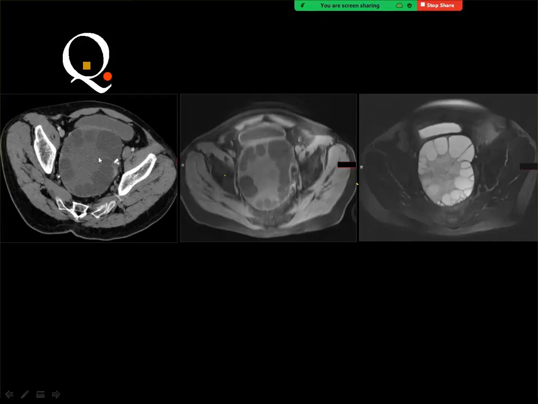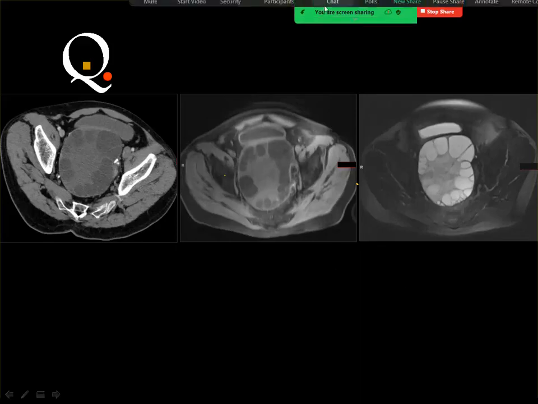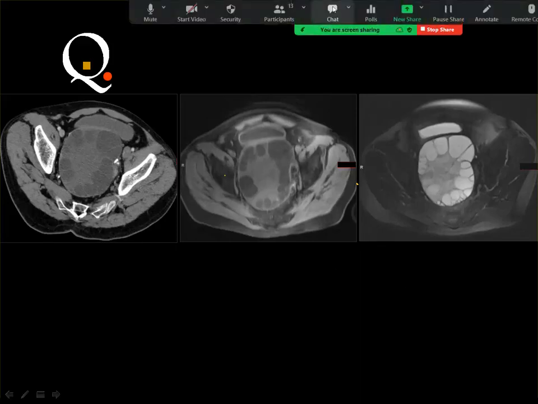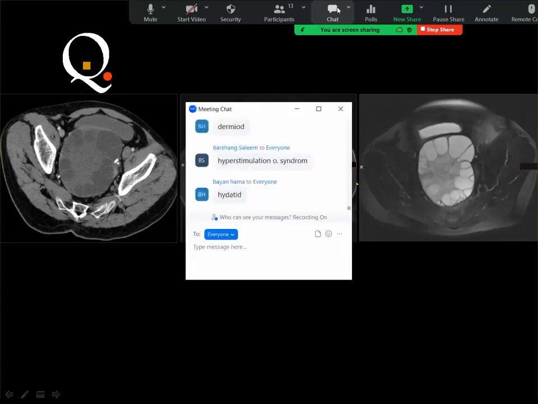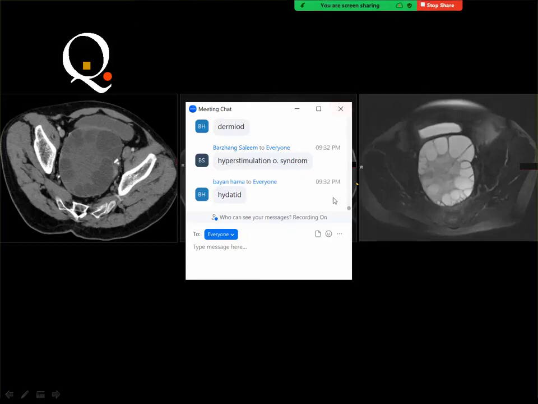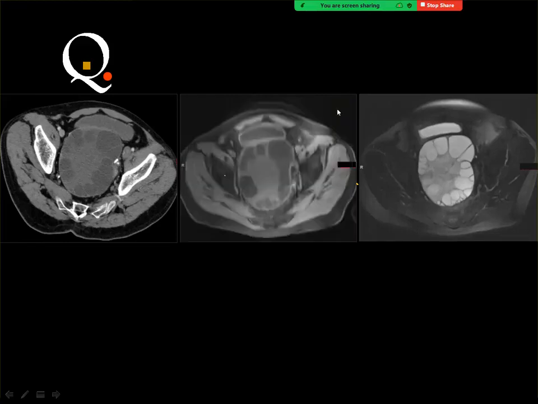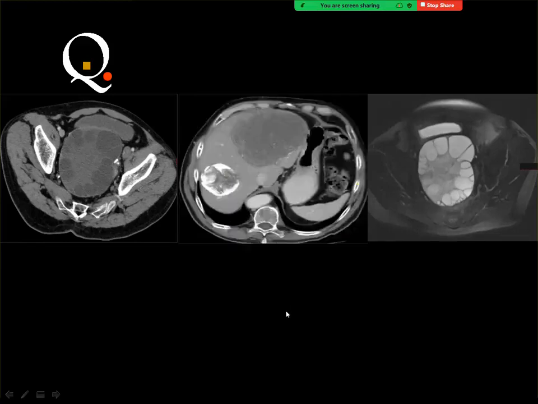Next case, this is CT, and this is T1 fat set, and this is T2 fat set of a big lesion in the pelvis. Yes, and this is hydatid. Of course, it's not hyperstimulation ovarian syndrome because you do not see the other ovary, but this is hydatid cyst because if you look at the rest of the CT images you see two other hydatid cysts in the liver. One of them is almost totally calcified, and the second one shows some marginal calcification,